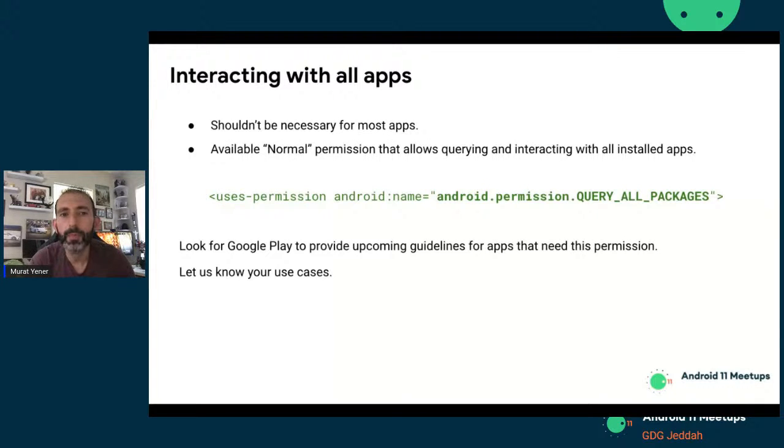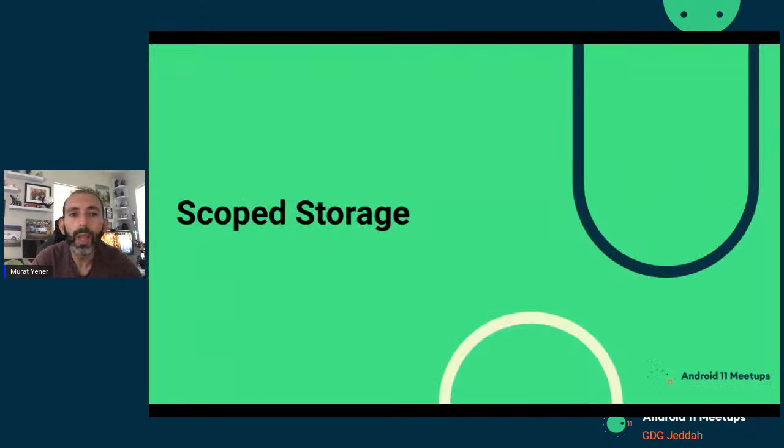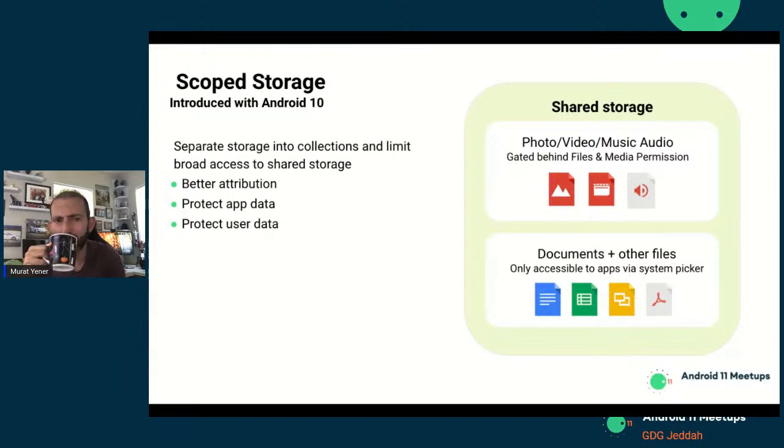In practice, we see that most apps can easily express necessary package interactions with intent and package declarations. However, if you have a specific use case that requires querying all packages, please let us know, and we'd love to hear your feedback. With that, another big change with Android 11: scoped storage, which is actually something we introduced